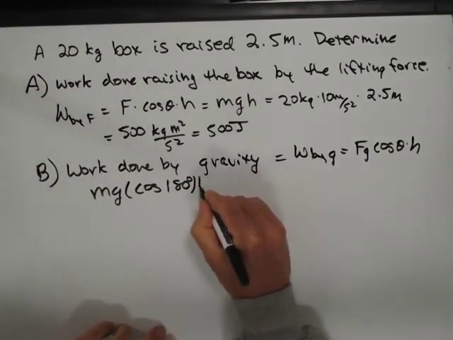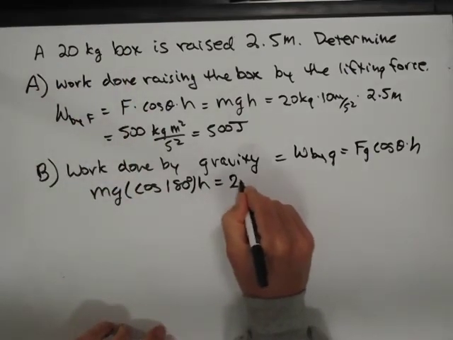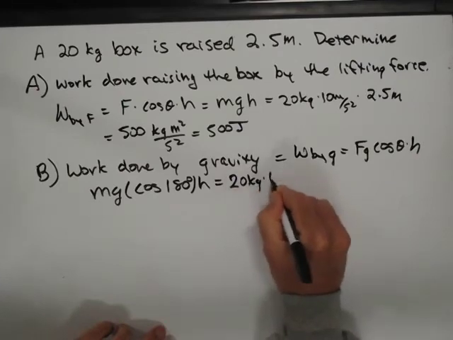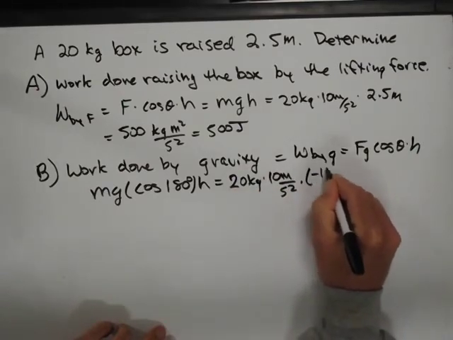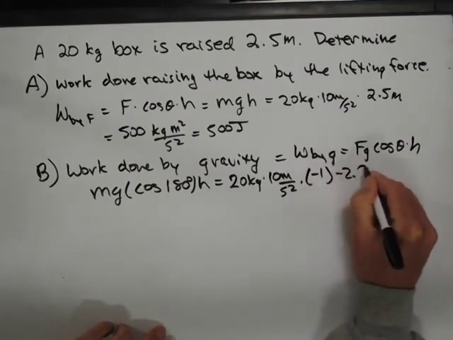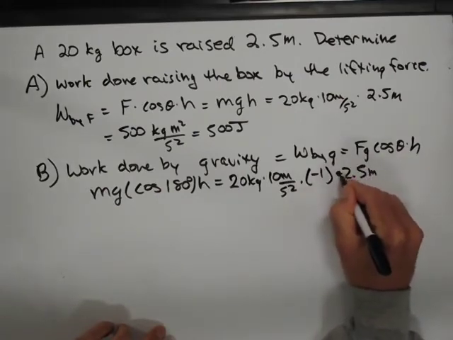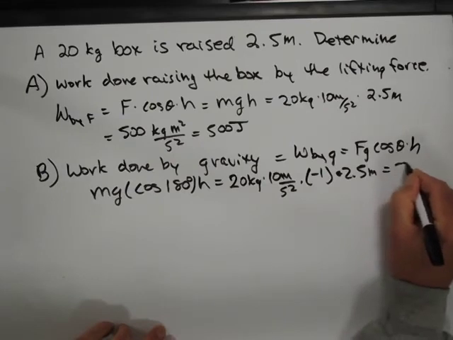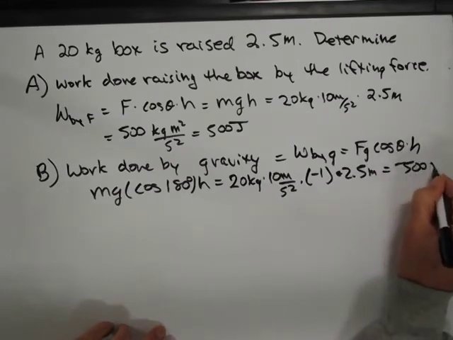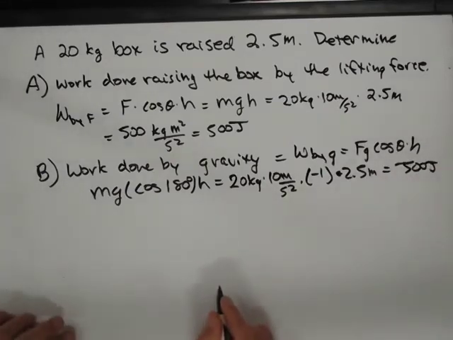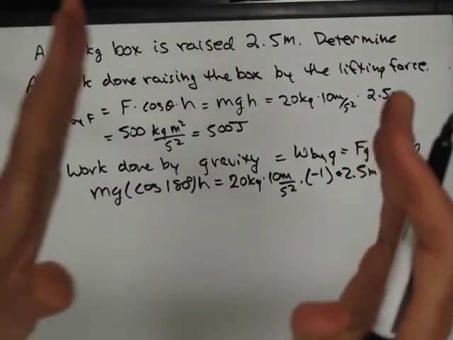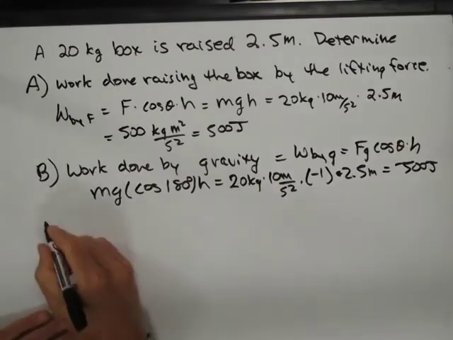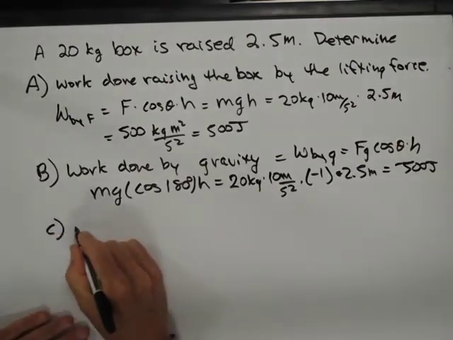And so times height, which is 20 kilograms times 10 meters per second squared times minus 1 times 2.5 meters, that should be a times, which is minus 500 joules, right? So while I'm doing positive work, gravity is doing the exact same amount of negative work as I raise this object, right? And so C is